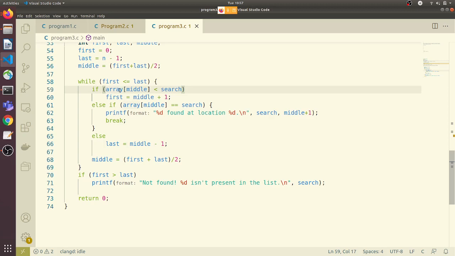So you need to go to the right hand side. So you update your first pointer. That is, now your array starts from middle plus 1. Otherwise, if your array of middle element is greater than search, that means all the elements including middle in the right hand side are greater than search, so you won't find search there, so you look in the left hand side. So when you want to look into the left hand side, you update the last of the array